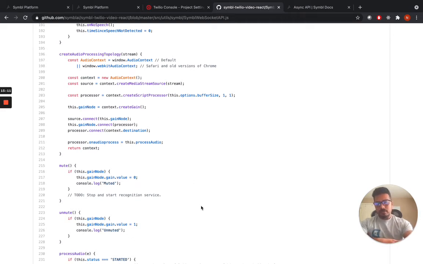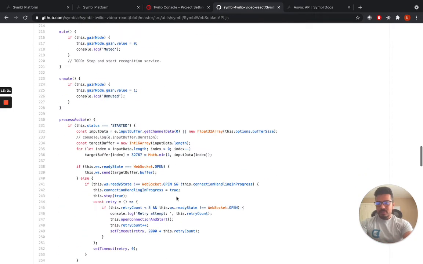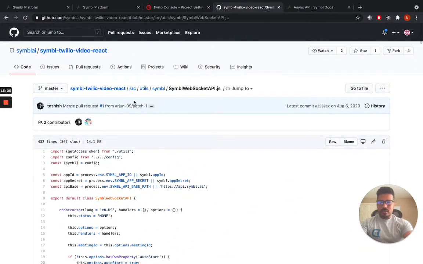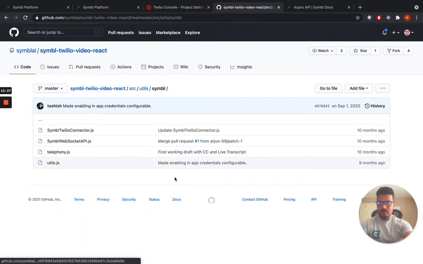Basically, Symbl is getting this audio context from the window of your browser, and this is the corresponding function for that. You create a gain node, and you can process that audio using Symbl. So these are the two main files that you need to understand, and the rest is pretty straightforward. One more thing I wanted to show you is that this React app actually has a lot of reusable components.